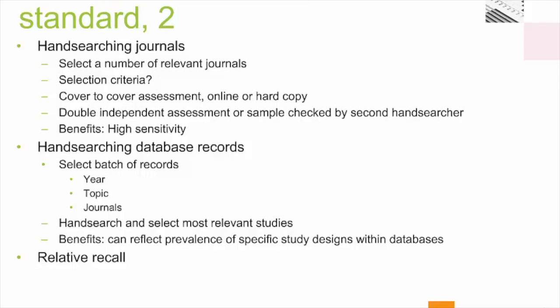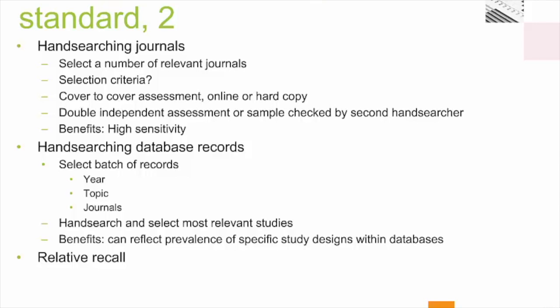So, in terms of identifying gold standards, hand searching journals involves selecting a number of relevant journals, being very clear about the selection criteria for how you're going to carry out the hand searching, then carrying out some sort of cover to cover, beginning to end assessment of the online version of the documents or the hard copy. The hand searching can be carried out in various different ways. And the benefit of hand searching is that it's high sensitivity. We can also hand search database records by, again, choosing a batch of records, hand searching and selecting the most relevant studies,